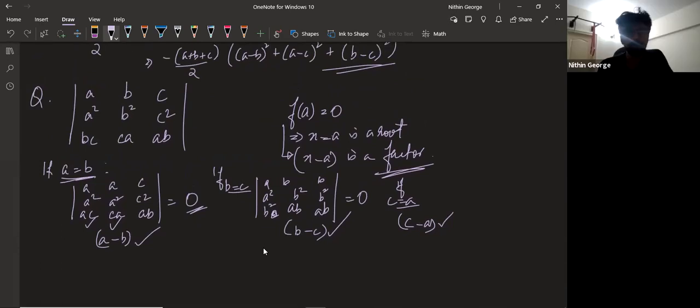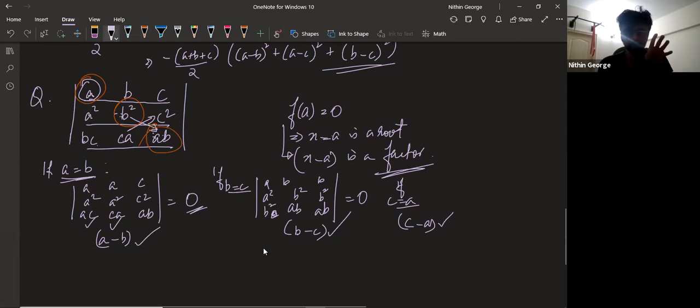Okay. Now, when you find the determinant, you can see that along a row, everything is degree 1. Along the next row, everything is degree 2. Along the third row, everything is degree 2. B into C, C into A into B. So when I find the determinant, I'm doing A into this minus this into this. So you can see that all the terms in the determinant will have a degree of how much? 5 in it. 1 plus 2 plus 2. So just simply count along the diagonal. That is enough to understand this.